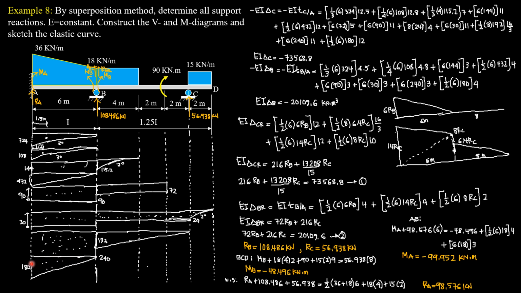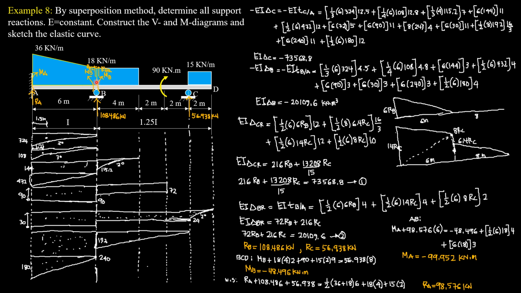1/3 of 6 is 2. So this is 14 minus 2, 12 meters. So computing, EI delta C is negative 73,568.8 kilonewton meter cube. Likewise, EI deviation of B relative to the tangent at A is the moments of areas